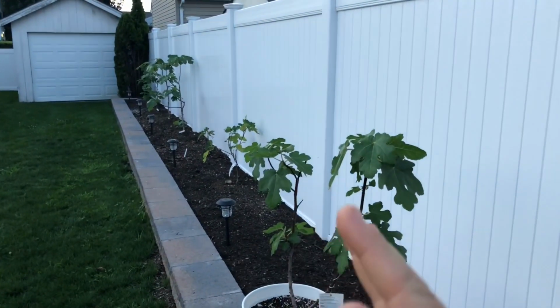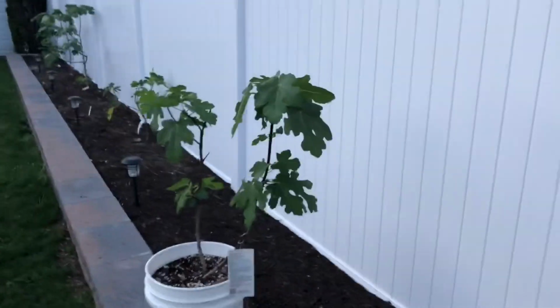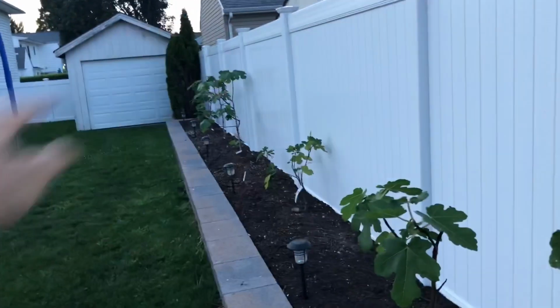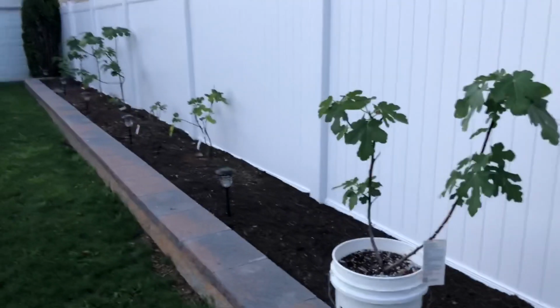All right, too healthy for the fig trees. Fig trees really don't like too much great dirt, you know. So the good thing is next year I won't even have to fertilize this at all, and probably ever again. Now it's in the ground. So, but anyways,